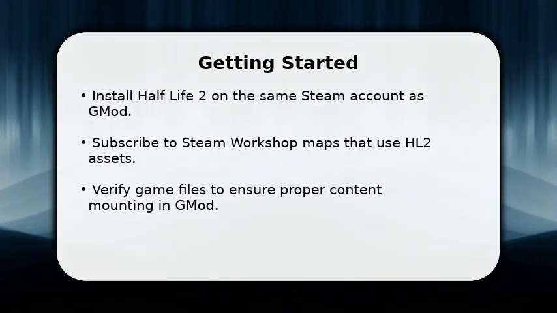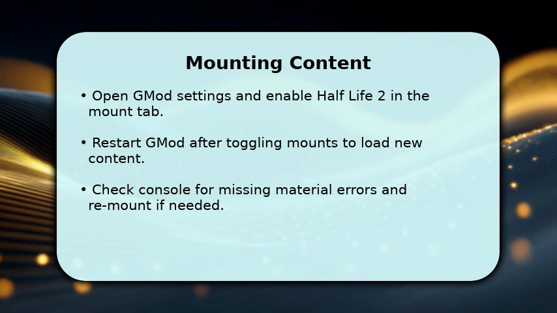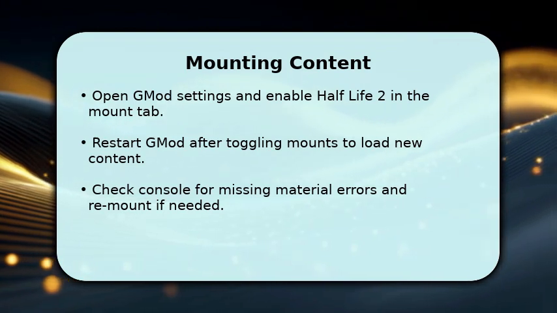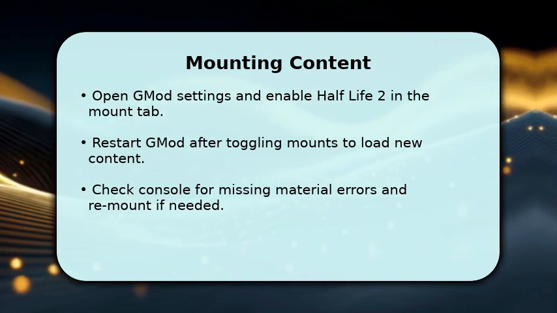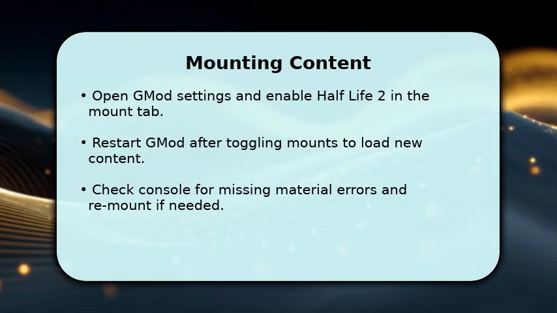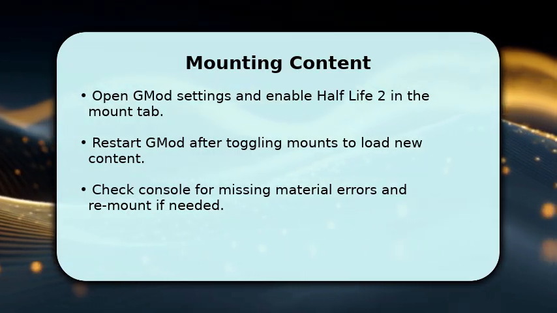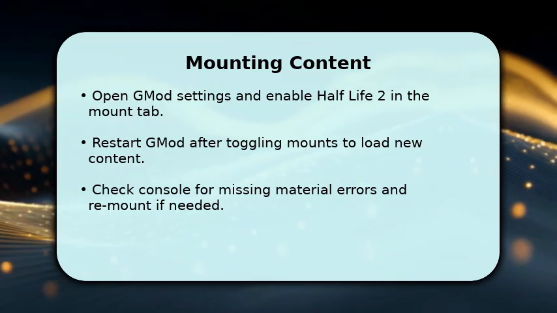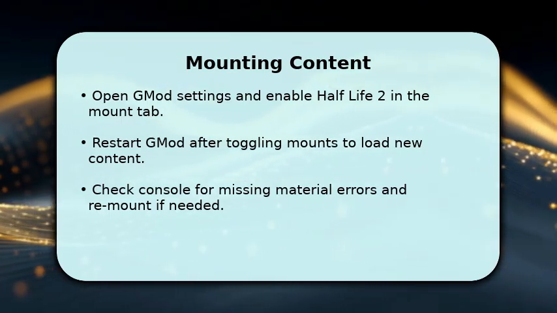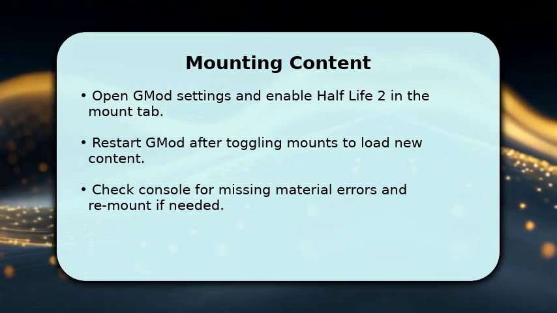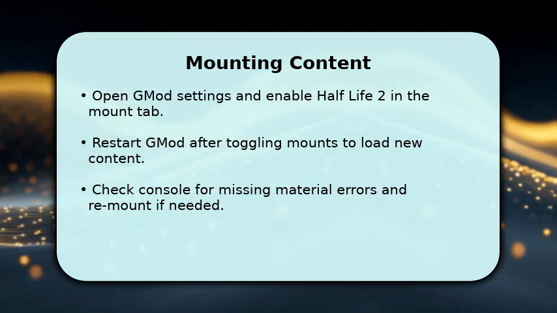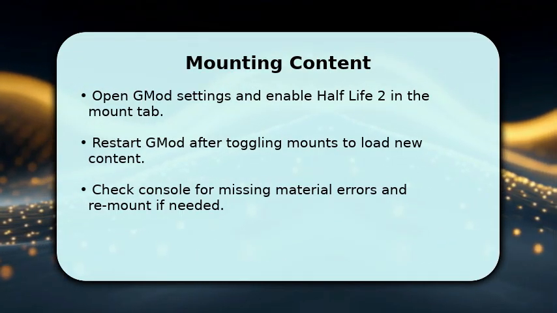Open Gmod and go to Settings, then the Add-ons or Mounting tab to enable Half-Life 2 content quickly. Toggle the box beside Half-Life 2 and any relevant episodes or DLC you own, then restart Gmod so assets load properly. If maps look broken, check the console for missing textures or model errors and re-enable mounts or verify HL2